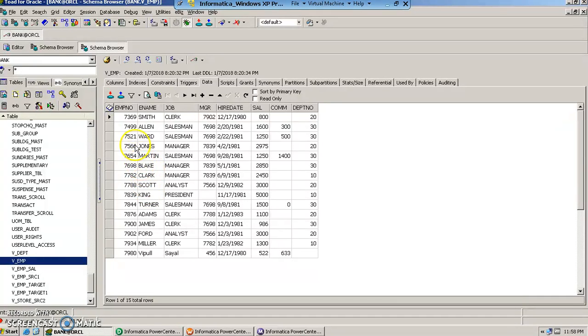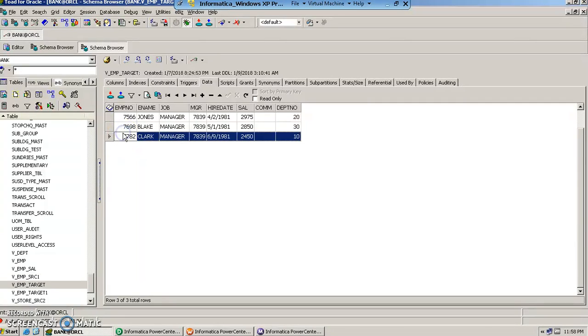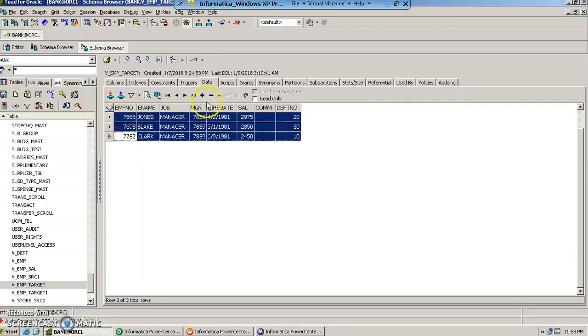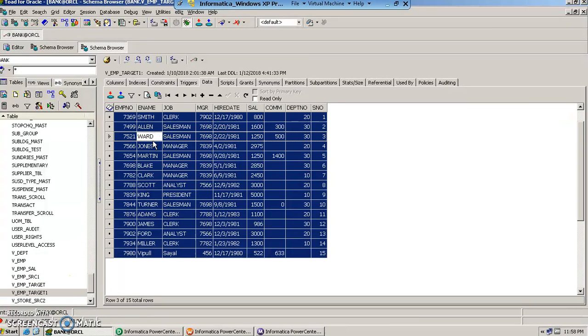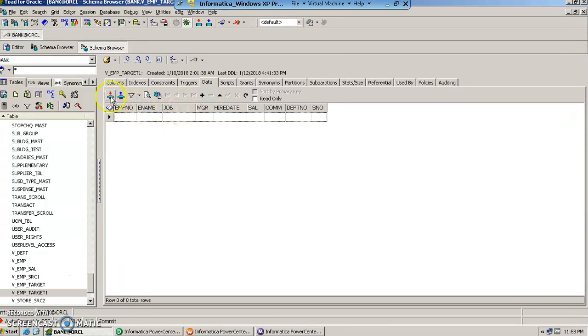So to achieve this, let us quickly delete the data currently in the target tables VM target and VM target 1,